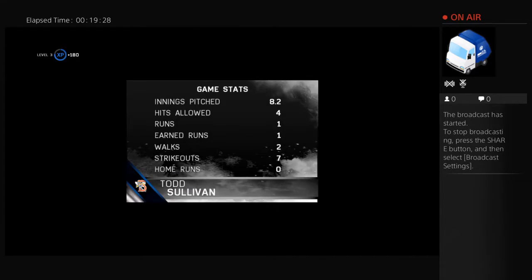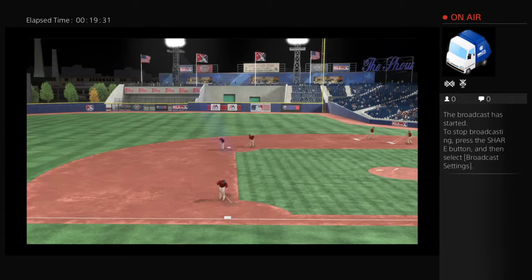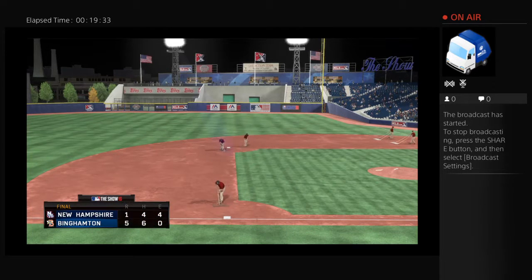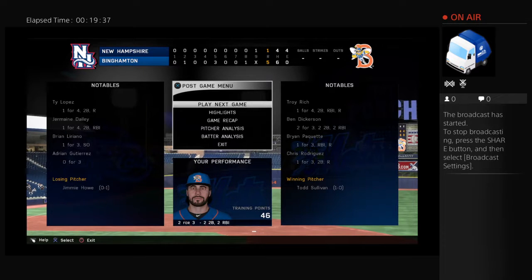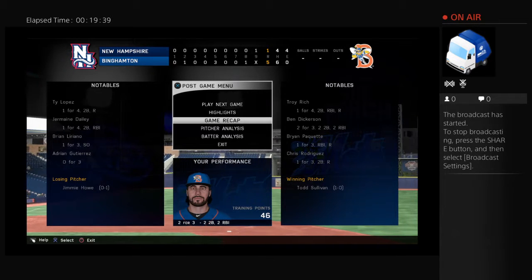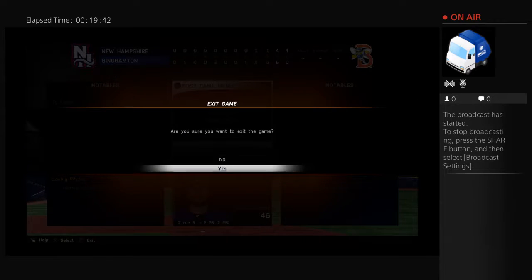Well, you always hope to get a good outing from your starting pitcher, but this man went above and beyond in this one. He's our top player of the game. Yeah, a little unfortunate he couldn't get that final out in the 9th, but still, 8 2/3 good innings of work. And